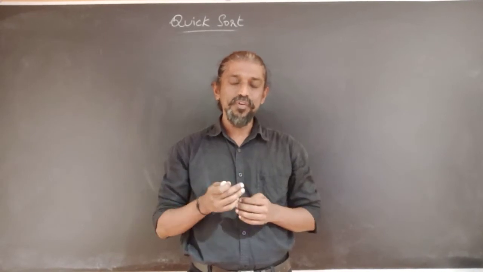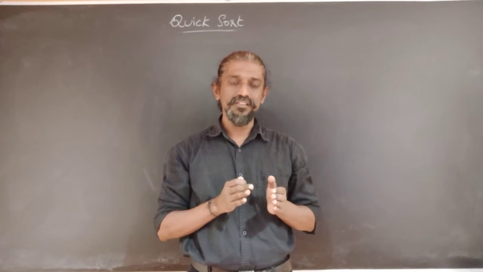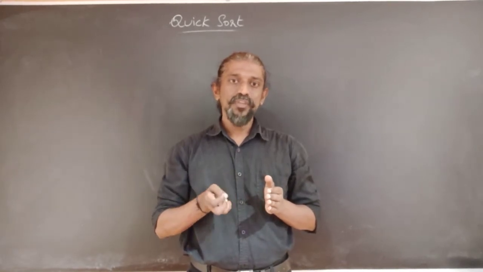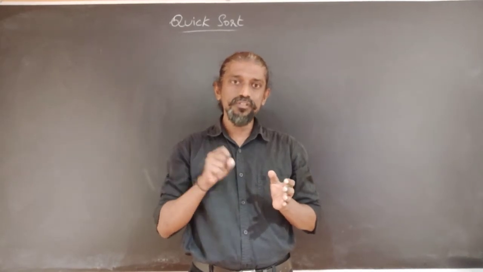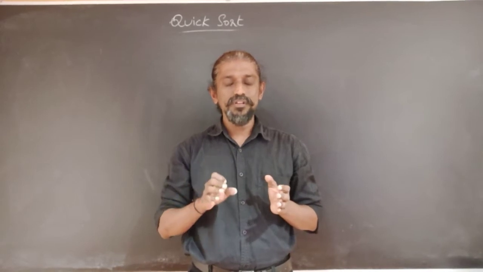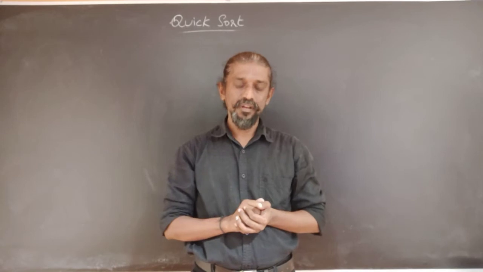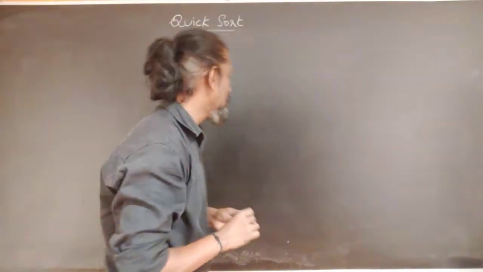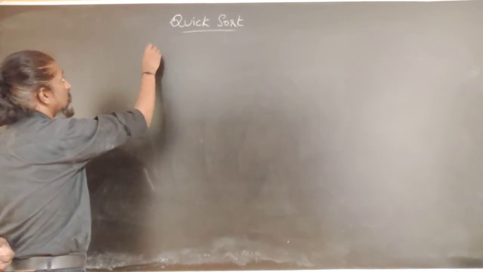However, in quicksort, the smaller subproblems that are divided may not be of the same size, and secondly, once the smaller subproblems are solved, there may be no need to conquer the solutions of the smaller subproblems to get the solution to the original problem, because once the smaller subproblems are solved, the original problem will be solved. Let us understand the working principle of quicksort algorithm with an example. Let us consider we have an array of numbers